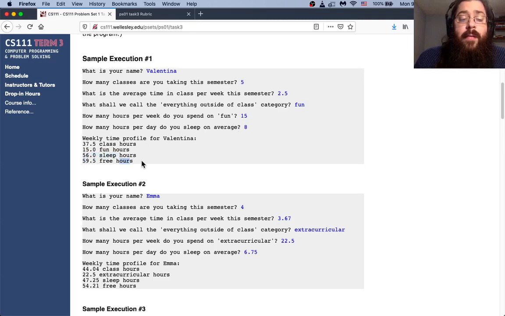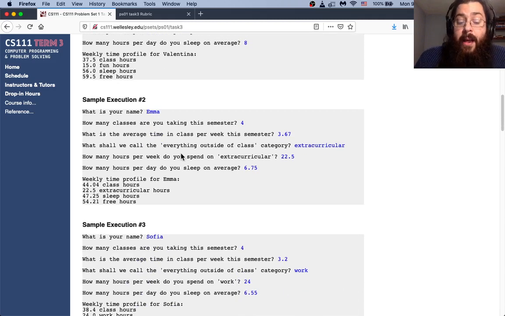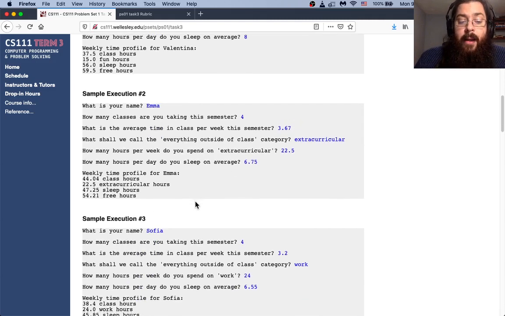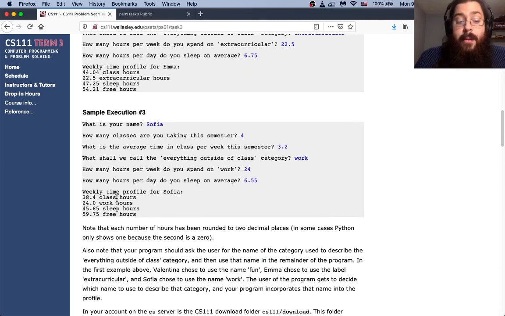Finally, this 59.5 free hours, that's what you get if you subtract these 3 numbers from the total number of hours in a week. So this is one example, and then here's another example, right? If we enter these inputs, this is the output we get. Here's another example, these inputs, this output. So we're giving you sort of 3 examples that you can use to triangulate, well, what does this program do